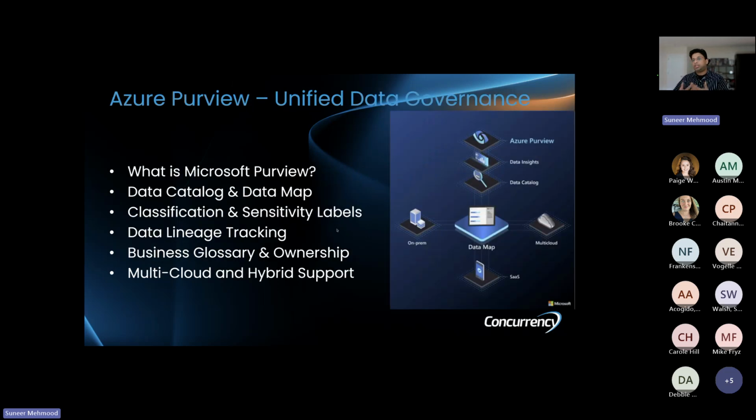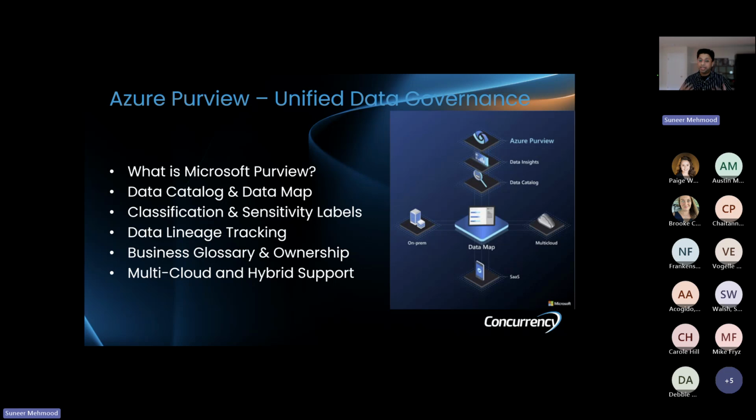Now let's talk about the technology, right? What is that technology landscape which helps us achieve those key pillars of data governance, which is becoming more and more important. So Purview, we cannot speak data governance without speaking Purview in Azure. Microsoft's Purview, I would say it's a cornerstone of data governance, right? It's a unified data governance service that helps us discover, catalog, classify, and manage data across the entire data estate.